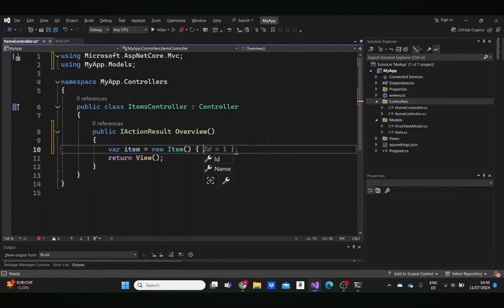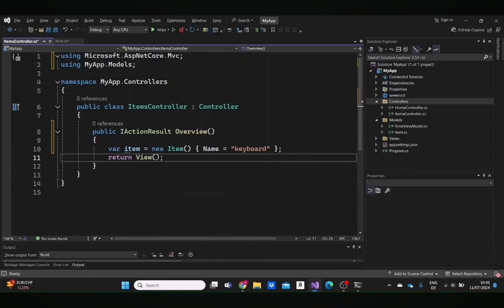It's not necessary for me to give an ID to the model because the program will give it itself. So I'm just going to specify the name property for the item, and let's give a name to a random item, let's say Keyboard. And that's it. So I have created an item here and I'm going to pass it to the view